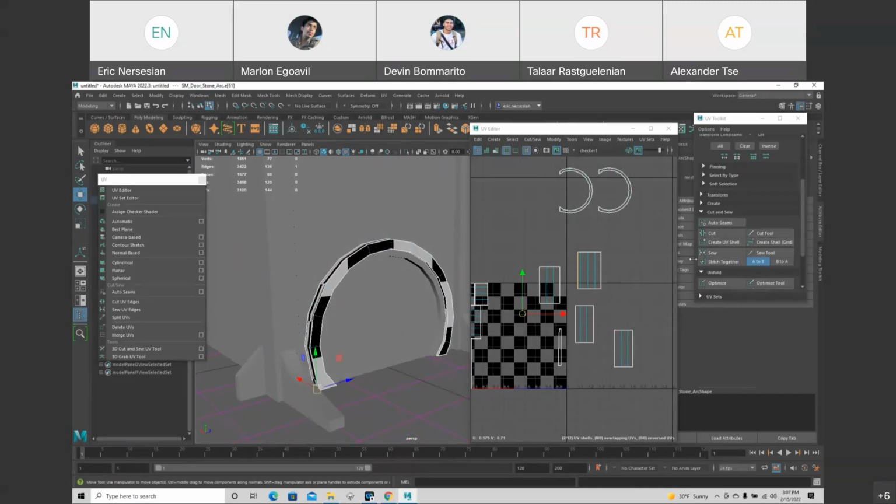Yes, so cut and sew, that's why cut and sew are together. I'm actually going to start doing some sewing. So usually I start at one little edge way off on the side and I start sewing up what I want. So I click on it, it's this edge here. Cool, so what's this? Oh, it's this thing down here. So I want to move this thing up here. I want to get it close. Now this is common. I click on one and it's corresponding to the edge on the other side of it. So what happened is one is flipped upside down, one is reversed.